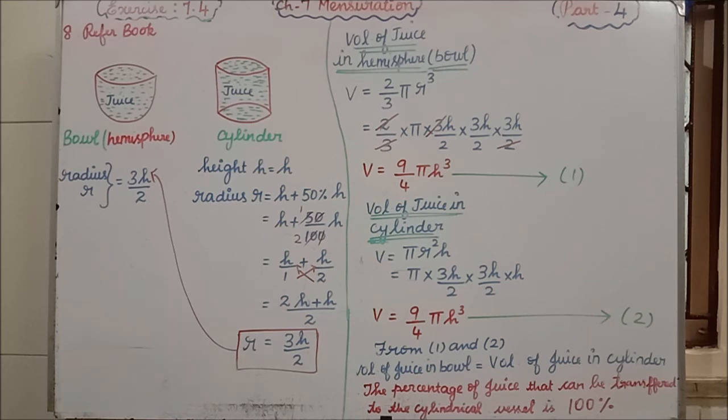Students, I am telling you many times: before starting this exercise, the first thing you have to do is read the formulas. Not all the formulas; most probably we are using the volume of the cylinder and the volume of the hemisphere. First you read all the volumes, then you read all the curved surface areas, then the total surface areas. Keep it in mind for each formula. According to that you can learn easily. Without learning the formulas, you cannot do even a single problem in this chapter. Clear? The very important thing is that you have to learn the formulas.